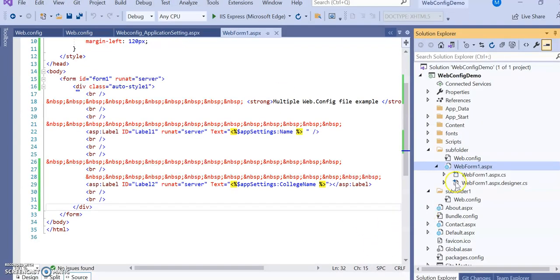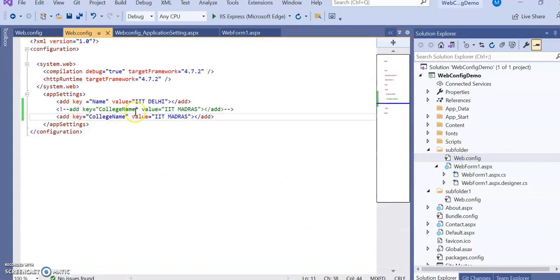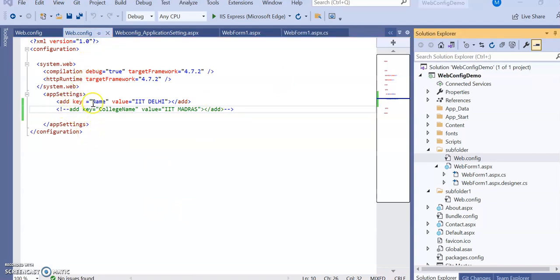Now let's go to the coding part, web.config. Here you can see it has IIT Delhi and IIT Madras. Now I will delete this code and just keep the commented code. So in this child web.config file, you can see there is only one key, add key name, with the value IIT Delhi.